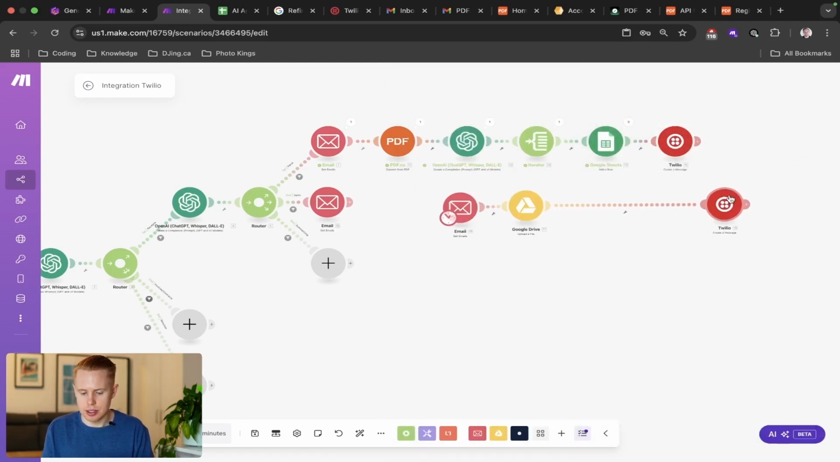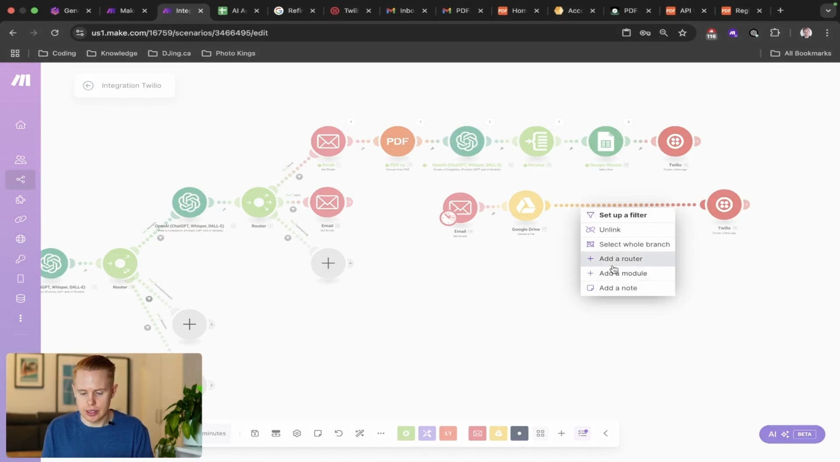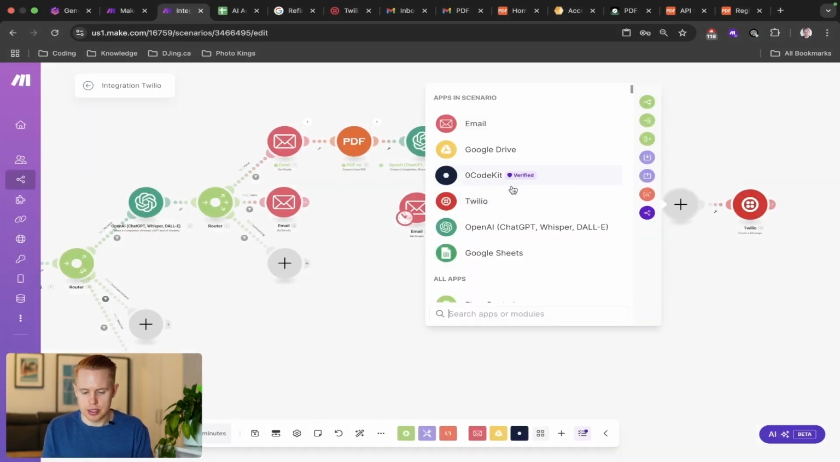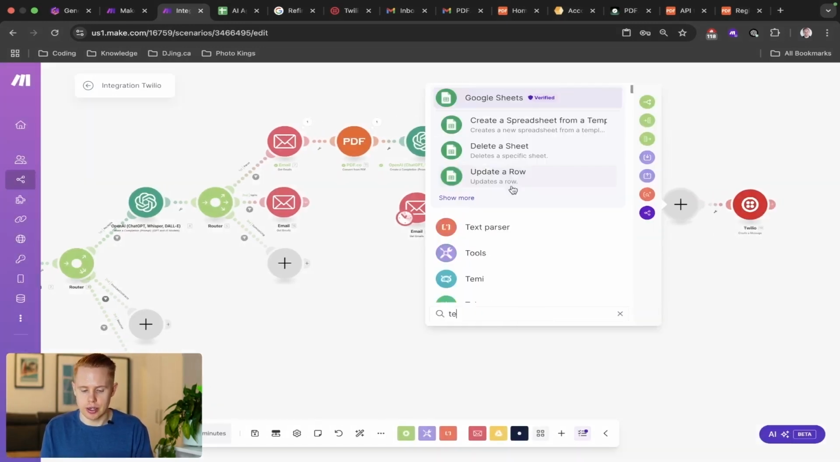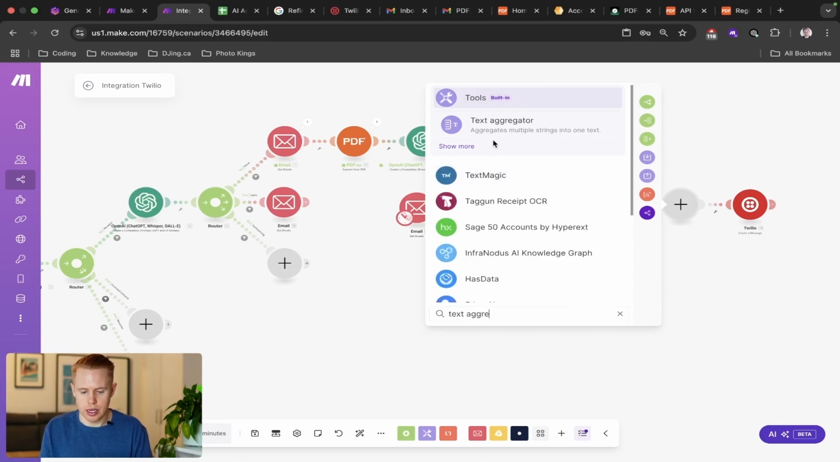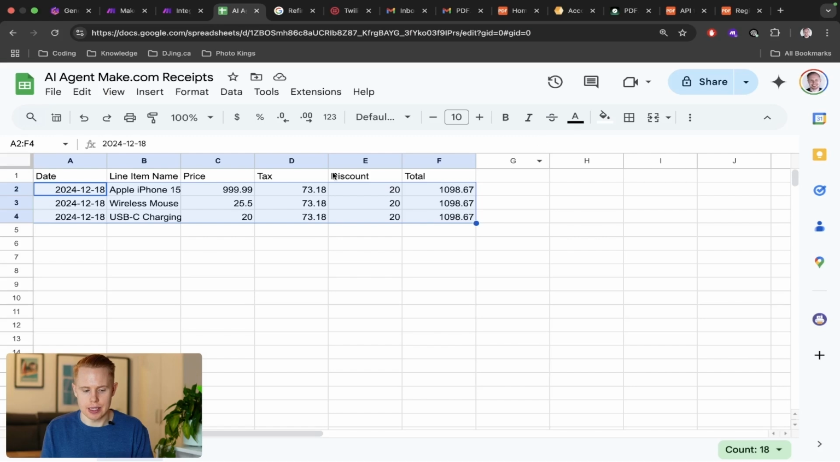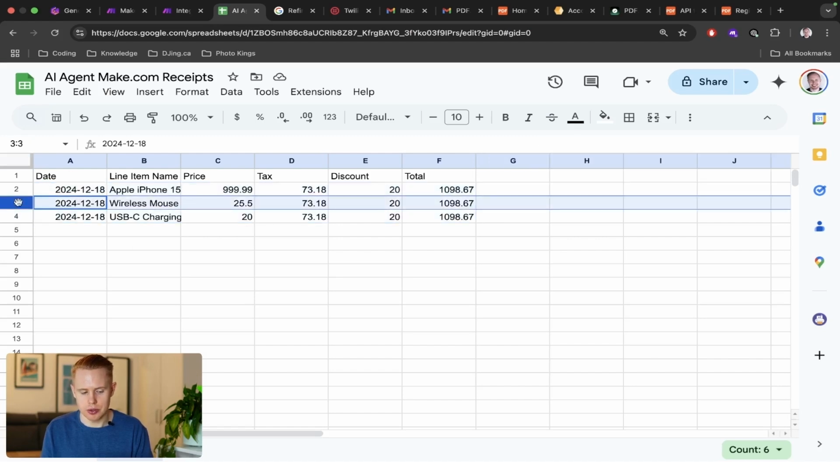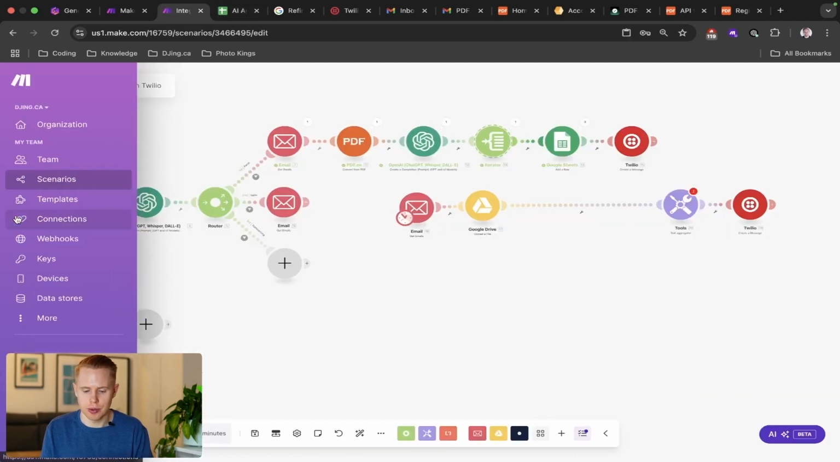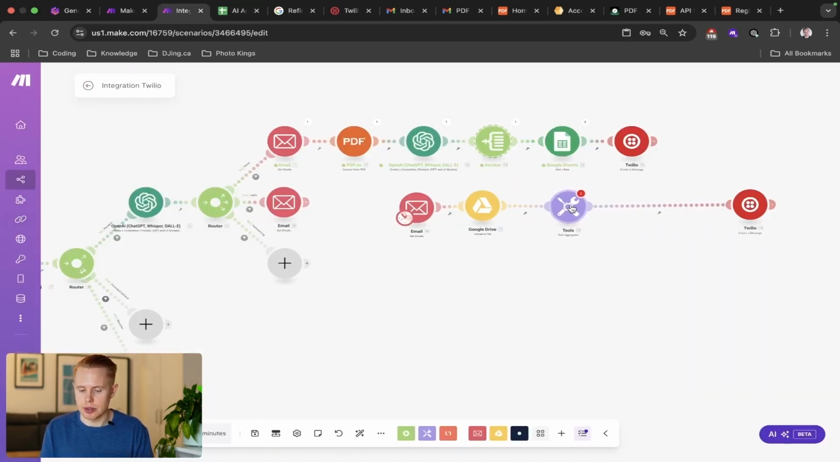How we need to do this is we need to enter another module in here, and this is going to be a text aggregator. Now, what an aggregator is, it's the exact inverse of an iterator. So you take a list, for example, and you go through it one by one, and then you add each item to the sheet, right? One at a time. First row 2, second row 3, third row 4. In this instance, what we're doing is the exact opposite, where right now it's pulling emails. Say it